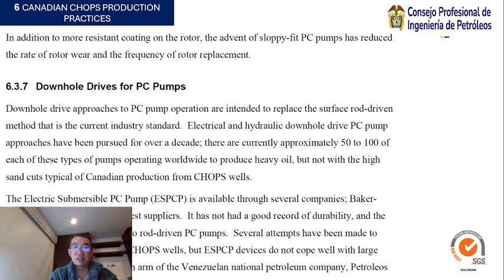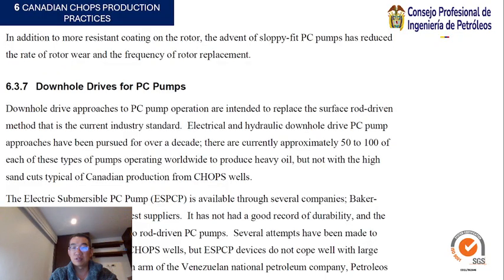It has not had a good record of durability, and the units are expensive compared to rod-driven PC pumps. Several attempts have been made to install these pumps in Alberta CHOPS wells, but